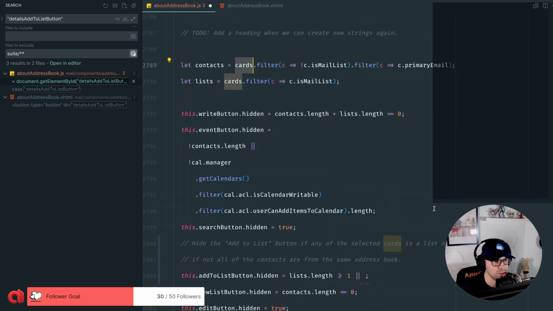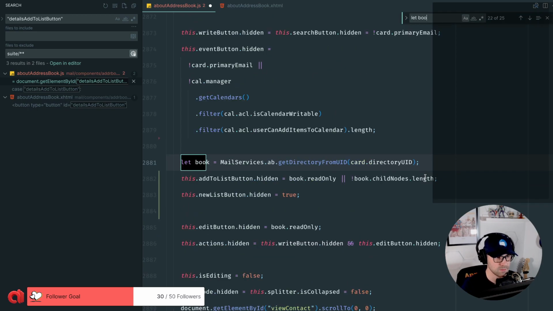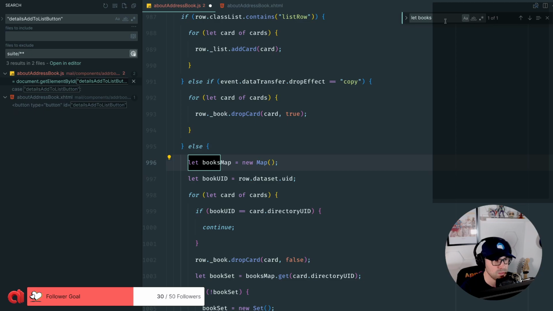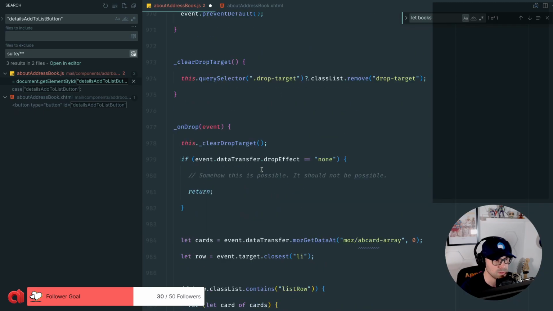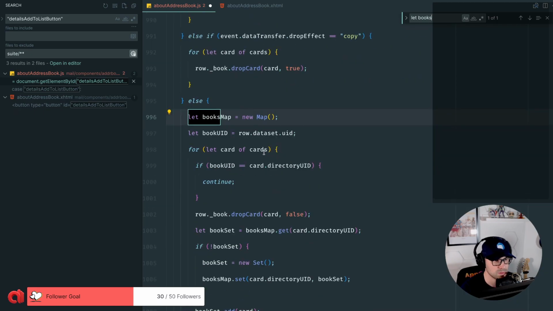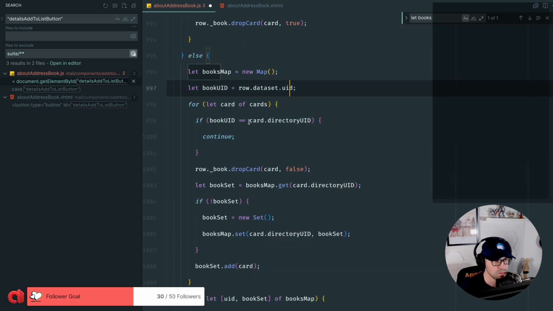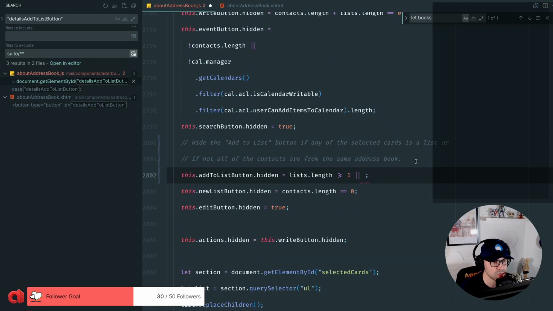How do we check the let book equal card directory UI, get directory from UID, let books equal books map. Oh, on drop card of cards book card directory UID. Okay, so for each card we have a directory UID, so we just need to have a boolean to check